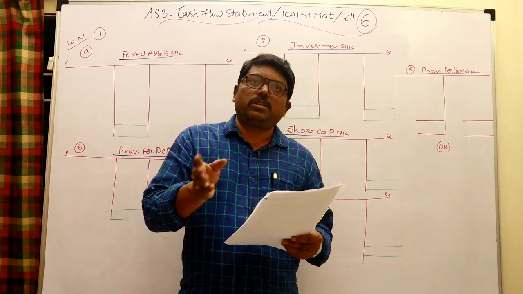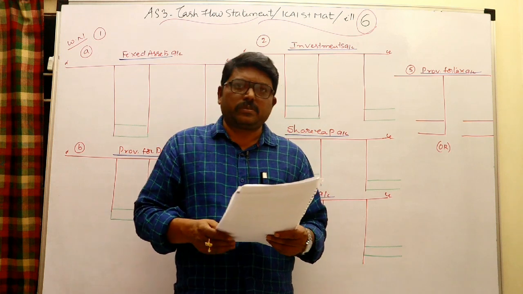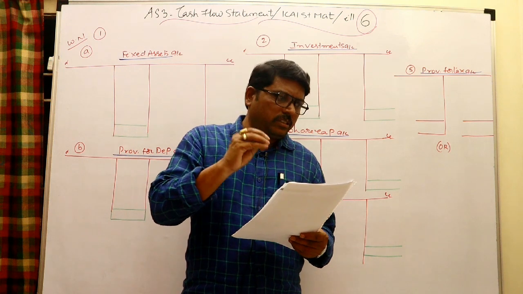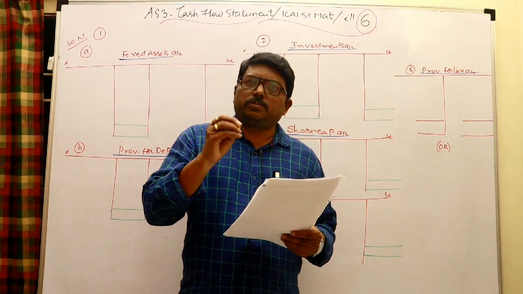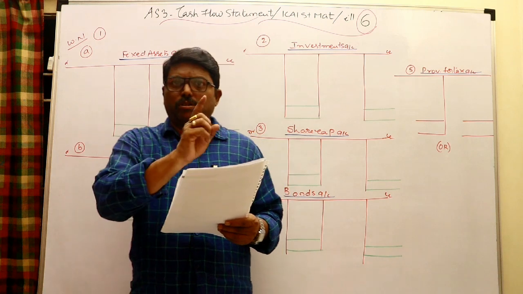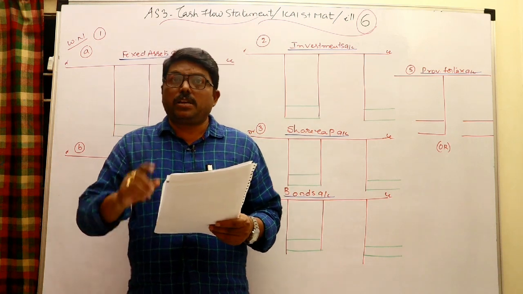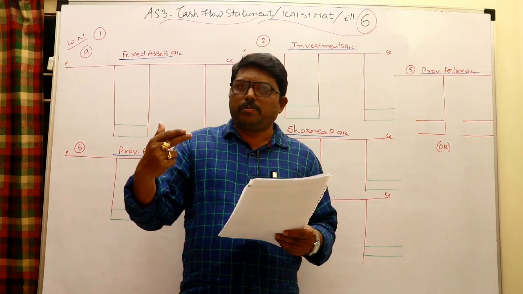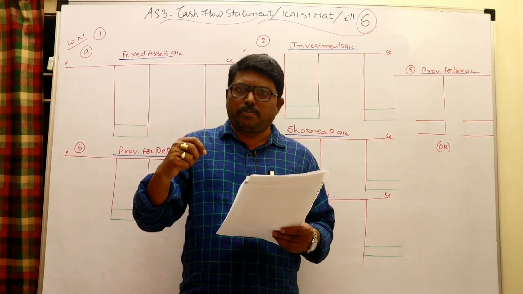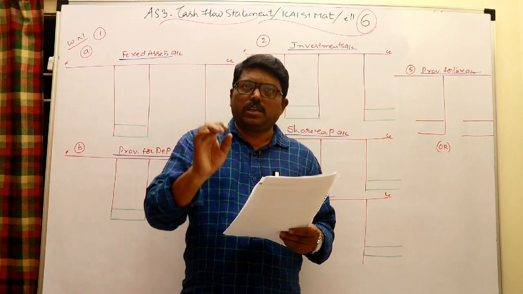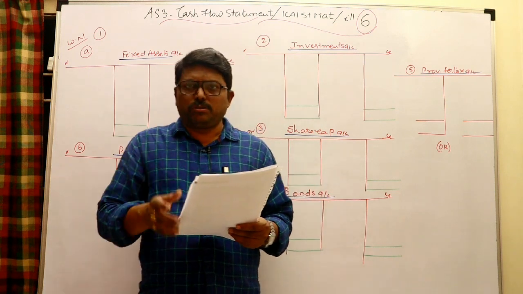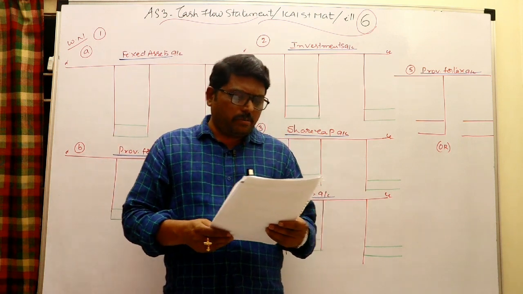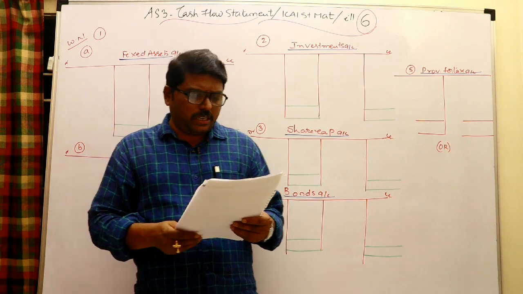But when does the asset come to the written down value, which is an important question? It comes to the written down value as and when that asset is intended for sale, and the respective provision of that asset will be transferred to the asset account, for which the entry is provision for depreciation account debit to asset account. Then the related provision will be switched off from the provision account. The asset will come down suddenly to the written down value. Then of course you can sell and you can incorporate the loss or profit also. You should be very clear about the provision for depreciation account, how to maintain it.